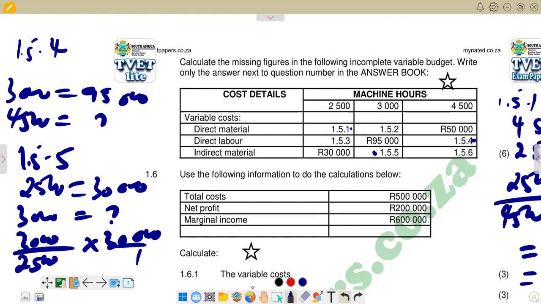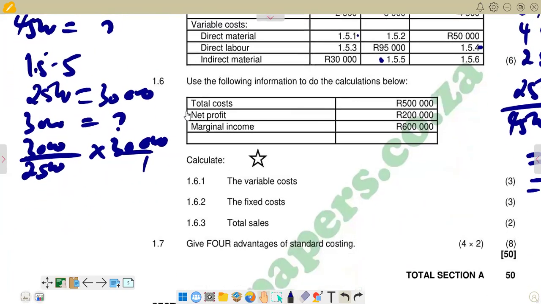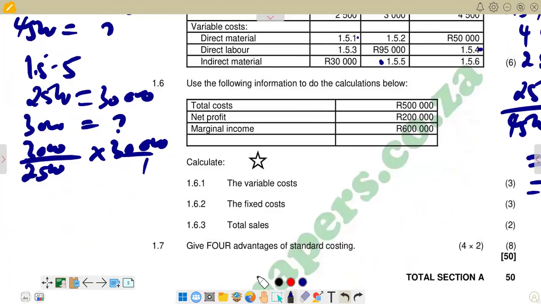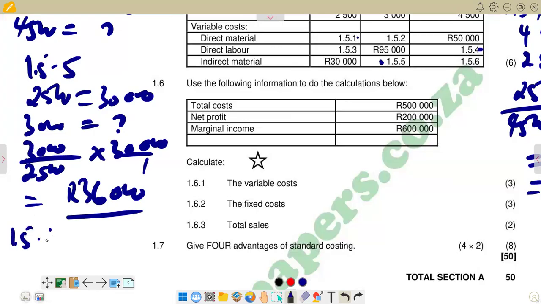So let's try to calculate that one. If you multiply it correctly, there, that is 1.5, we're going to get 36,000. Then obviously we are now going to 1.5.6. On 1.5.6, we are having